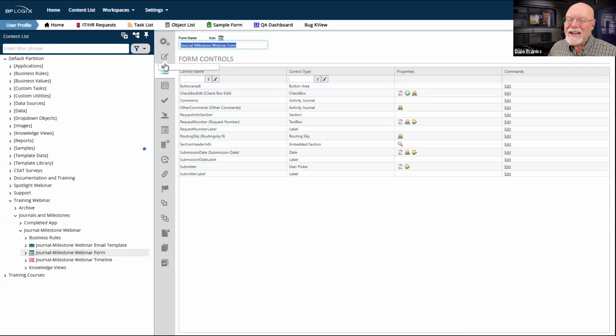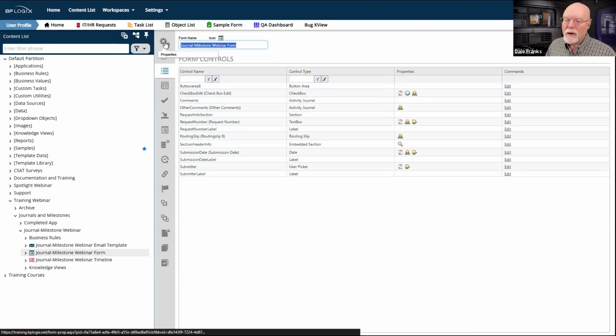So I need to add another condition over here to make my form editable. Actually, I probably wouldn't do it in the form. I would probably do it inside a section. So what's my top section? Is it the submitter section?